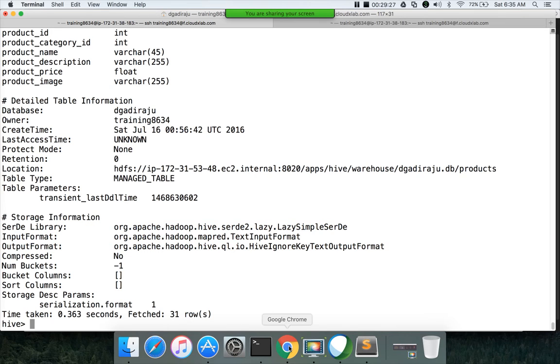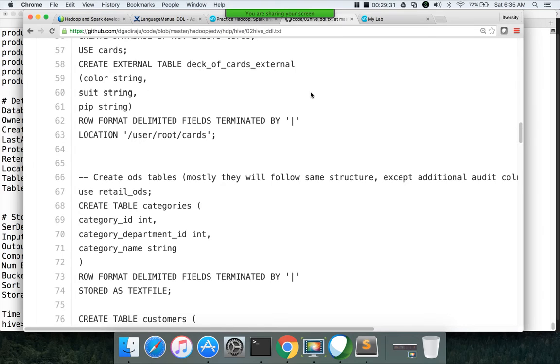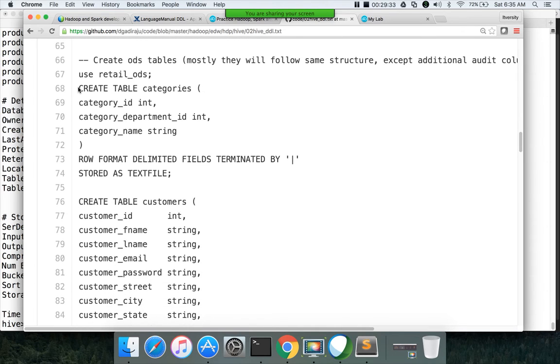Now quickly we will create all the 6 tables from this file. We have categories, and here you can see that I am using pipe as the delimiter.